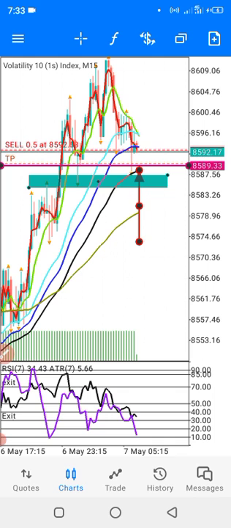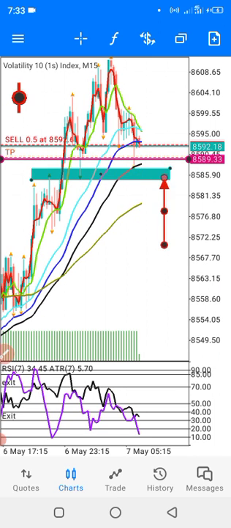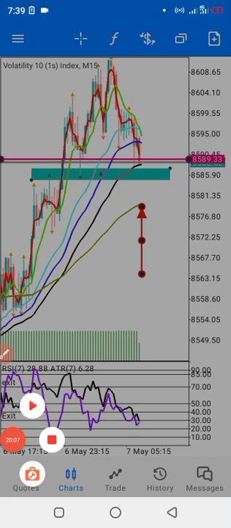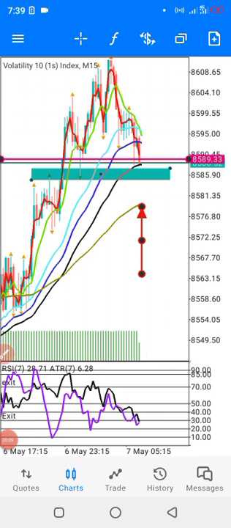So I'm expecting this candle to sell to that position. So I'll pause it so that when it gets there, as soon as I hit my TP, I'll proceed with the video so that you can understand this better. Okay. Yeah, like I said, guys, it touched my TP. It has touched my TP, and